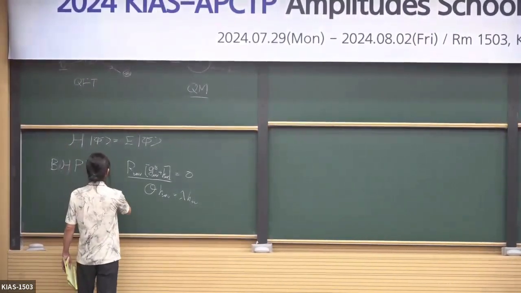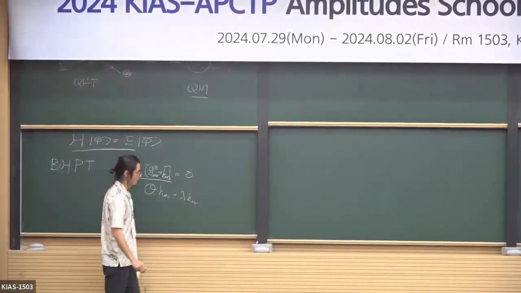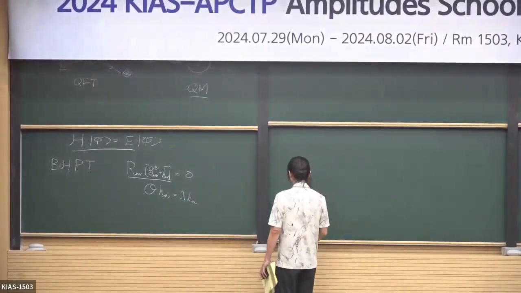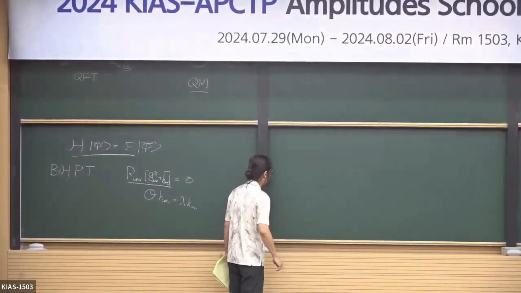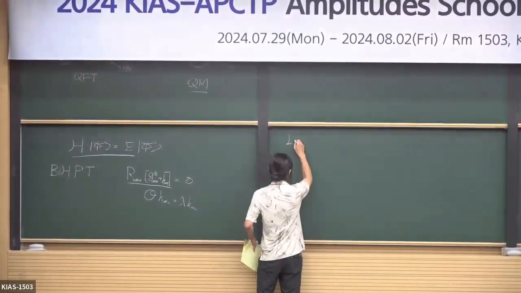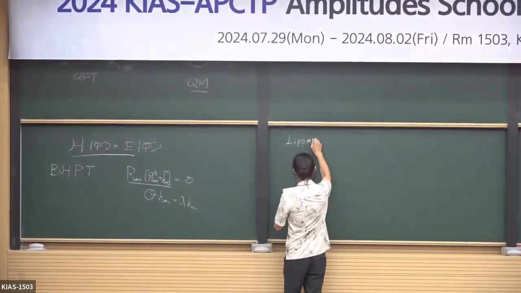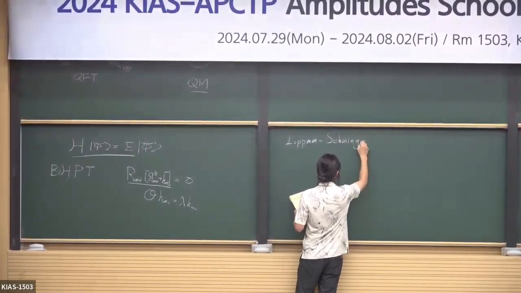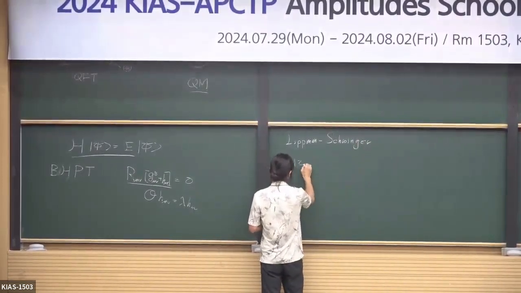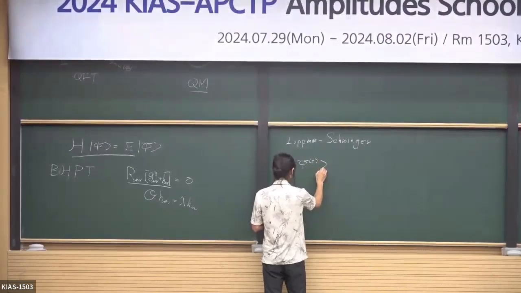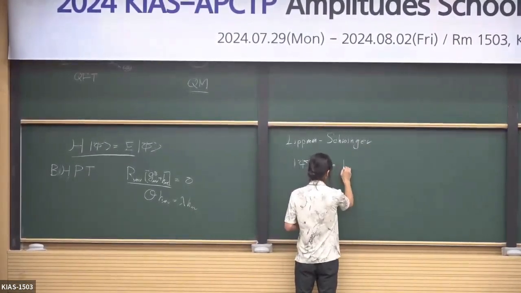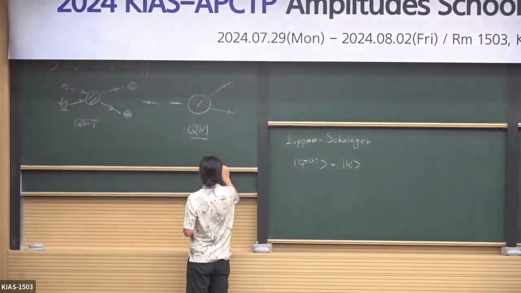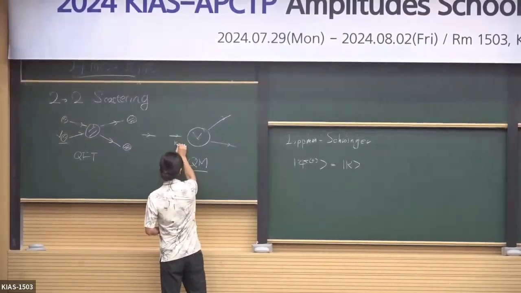Okay, good. So we want to solve this equation, and usually if you turn to any of your quantum mechanics textbooks, in the scattering problem people will start with the Lippmann-Schwinger equation. Basically you're trying to write your scattering state. Let me use this notation. This is your wave function, this is the momentum eigenstate, which corresponds to this k vector here,